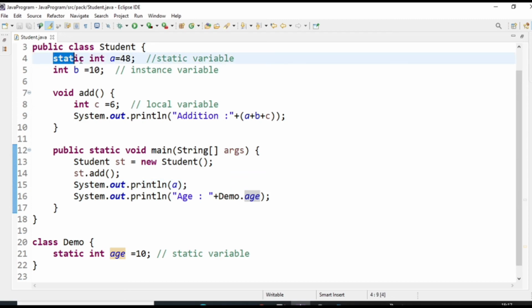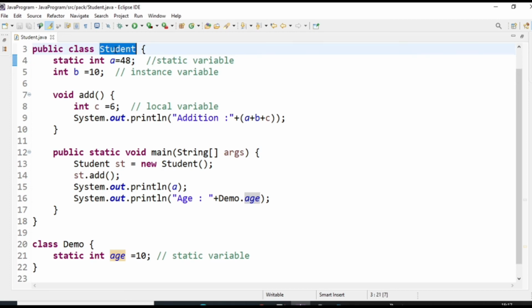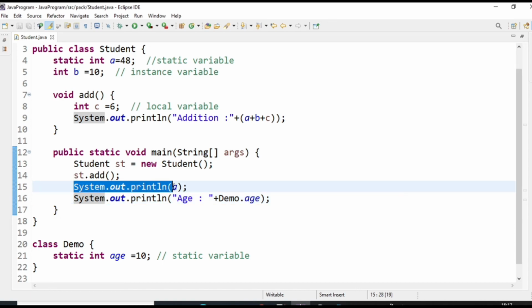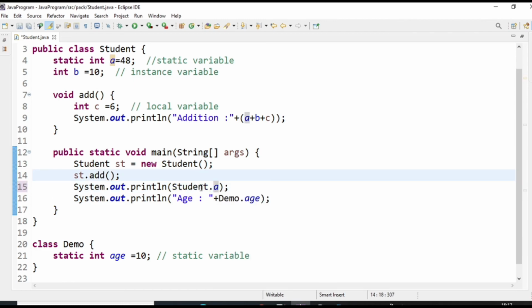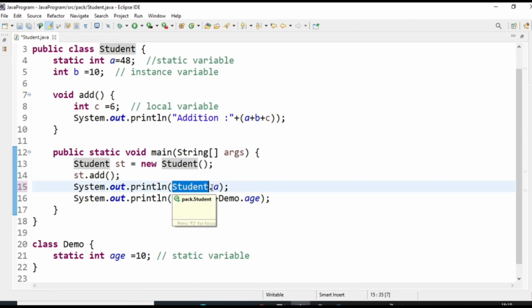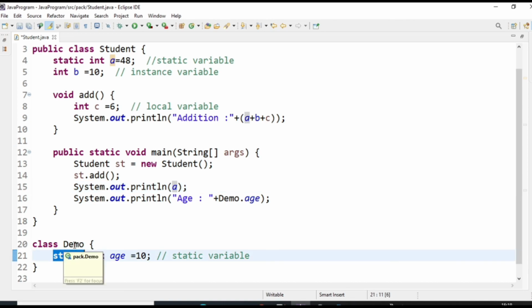And if we talk about static int equal to 40, this is a static variable and it exists inside the same class in which the main method exists. So for calling that variable, see, we have directly called the static variable. Why? Because this is in the same class, so no need to create an object. If you call it with the class name, it's okay, no problem. But if it is in the same class, then we can call it directly, right? And if the static variable is inside some other class, then you have to call it with the class name.